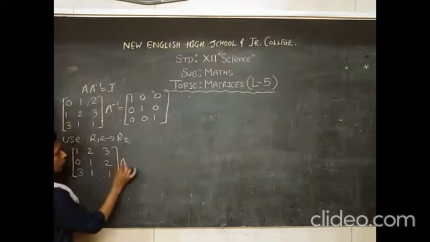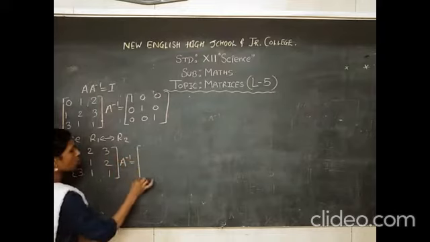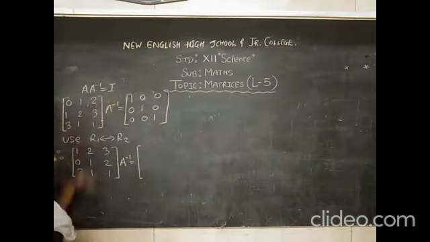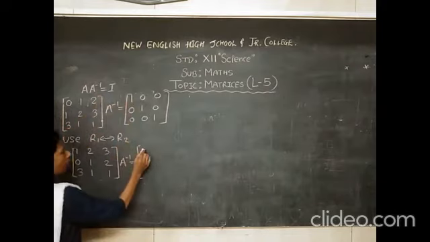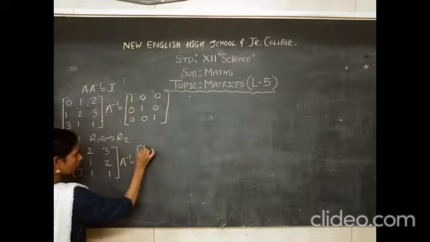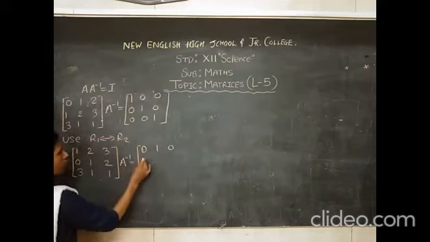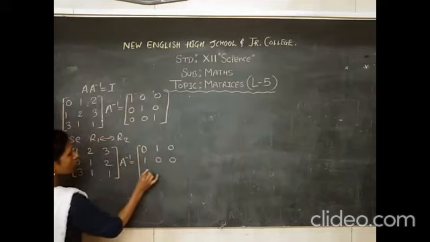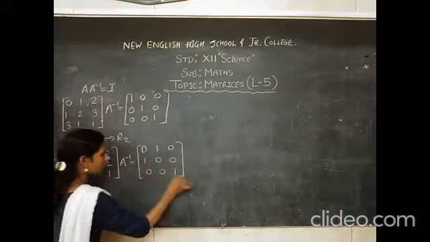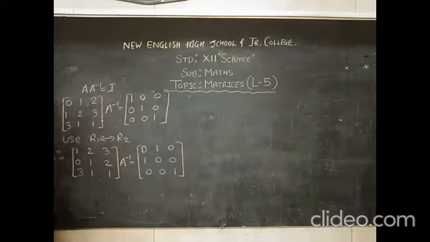Okay. Into A inverse equals to, here again, this 0, 1, 0 in place of R1. 0, 1, 0. And this one 1, 0, 0. Here 0, 0, 1. Okay. Now, 1 I have got over here. 0 is already here. In first column, I want to make this 3, 0.